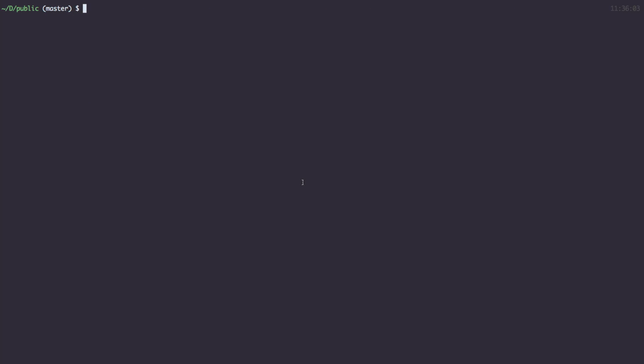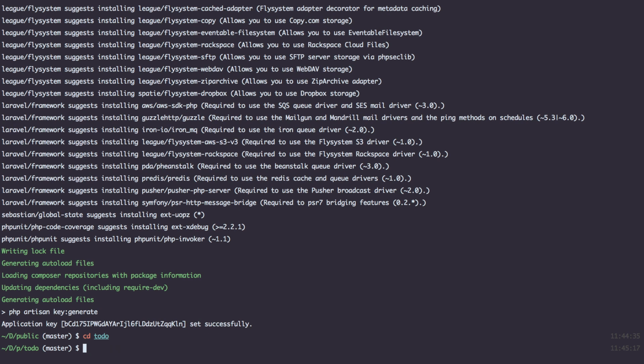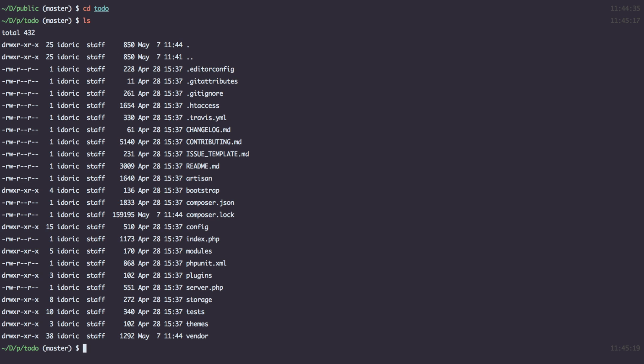But for us, I'm going to do Composer create project, and it's going to be to do. I'm just going to call it to do, and we just wait for a little bit. So when the installation finishes, we just go to the folder that October is installed. As you can see, these are the files, and now we have to run php artisan october install,